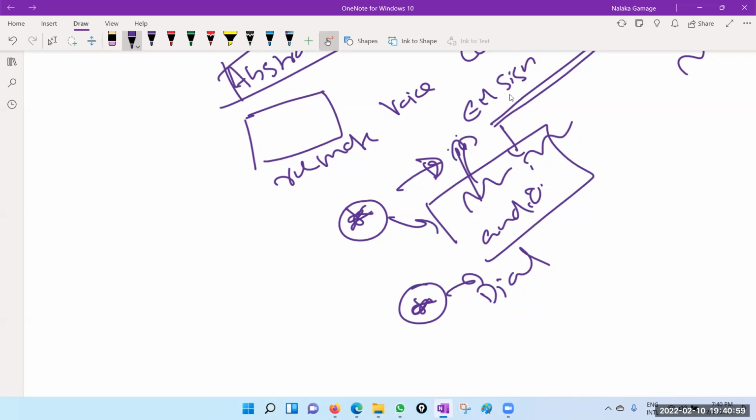And also when a new call comes, how it notifies you. You need to notify incoming calls. So you can't forget about that. Otherwise your phone is not going to be useful, right? It's useless. So therefore, when you are abstracting, it doesn't mean that you get rid of or